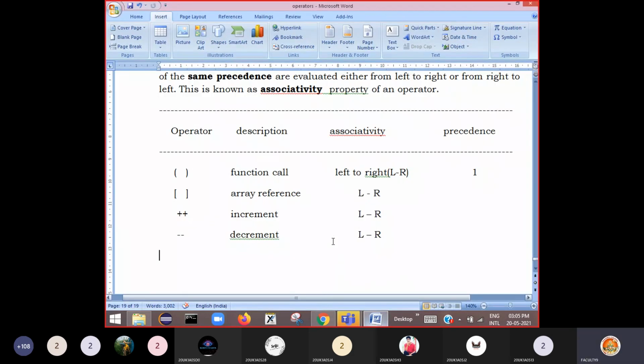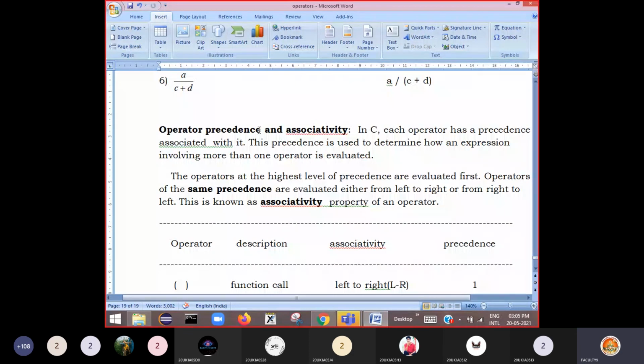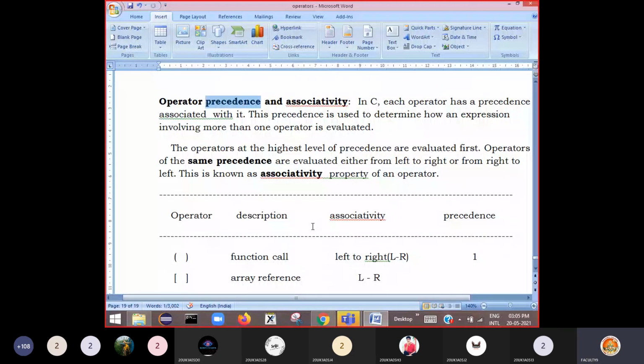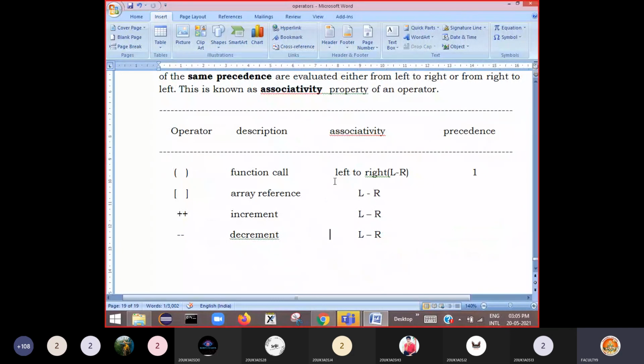This is how you can remember: precedence is used by the compiler when more than one operator is there in an expression. When there is more than one operator of the same precedence, then it uses associativity. This associativity helps in evaluating such an expression, either from left to right or right to left.